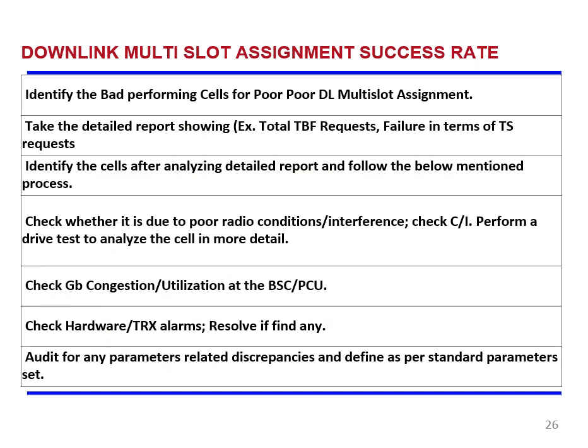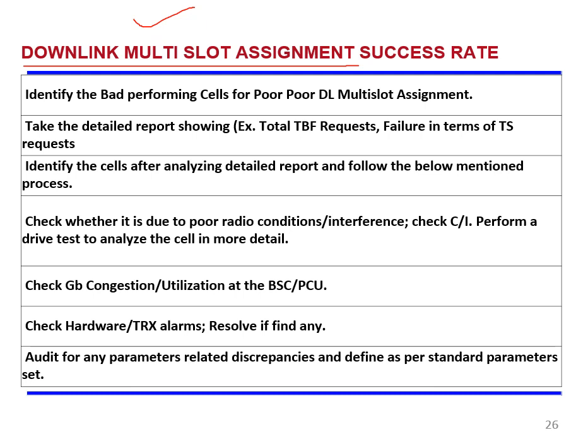Same thing for another KPI, the downlink multi-slot assignment success rate. In case of GPRS, unlike in a voice call, we can assign multiple slots. You can assign not only one, you can assign 2, 3, 4 depending on the parameter that is set in the OMCR. As per the specification, you can assign all the 8 time slots, but that is not feasible. You cannot assign all channels for data, since voice also needs them.